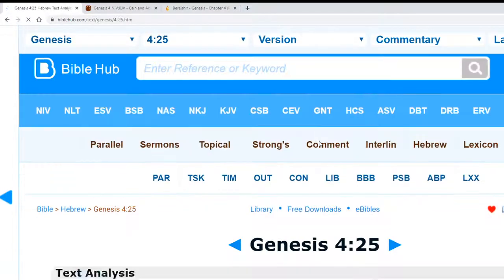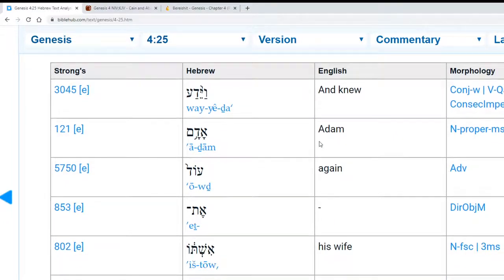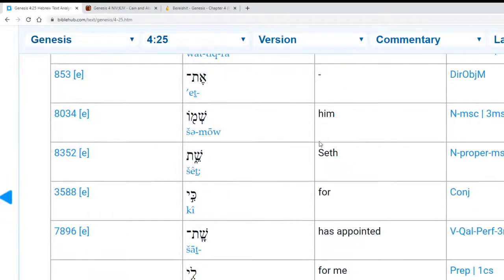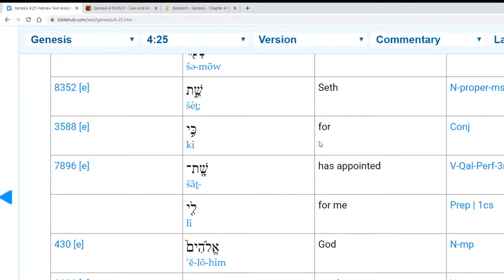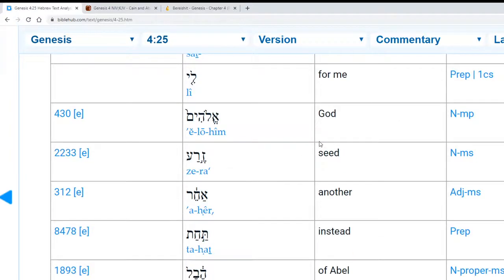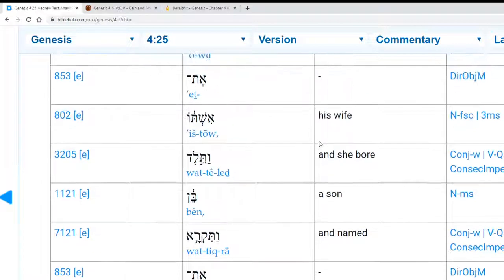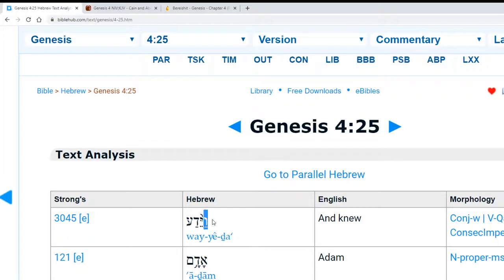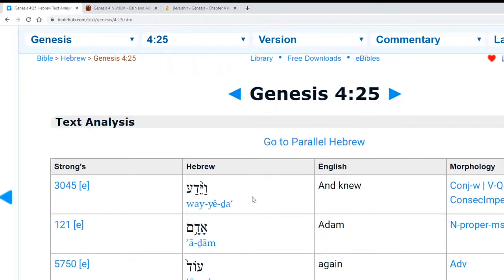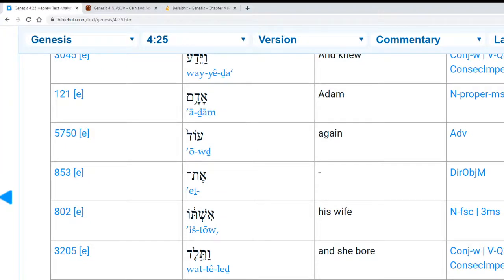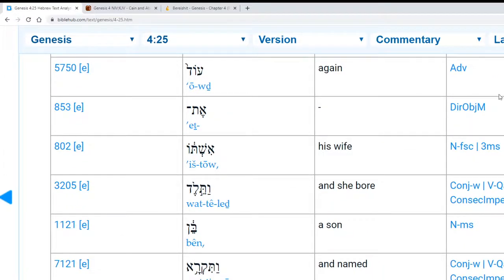Verse 25. Vayeda Adam od et ishto vatelad ben vatikra et shemo Shet, ki shat li Elokim zera acher tachat Hevel ki harago Kayin. Okay? Conjunctive vav, yeda, and knew, right? We had that before. Adam here, I would translate as the name. Od, and this is again bemilui. It's written fully with the vav. Et, direct object,